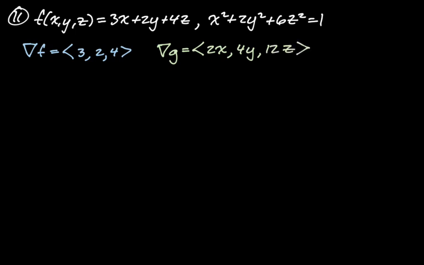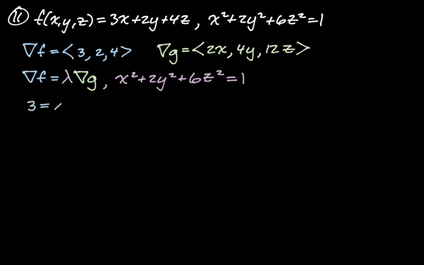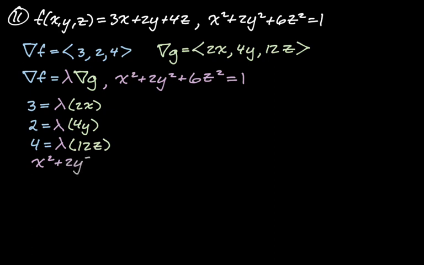Okay, and then our system of equations comes from gradient of f equals lambda gradient of g and the constraint, which means we get 3 is equal to lambda times 2x, 2 is equal to lambda times 4y, and 4 is equal to lambda times 12z. And looking at that, I'm thinking, I could probably solve this by hand. I just don't want to. And yeah, I mean, I probably could, but maybe I couldn't. X squared plus 2y squared plus 6z squared is equal to 1. That's our system. Okay, so what I've done is, depending on your definition of cheating, I've used